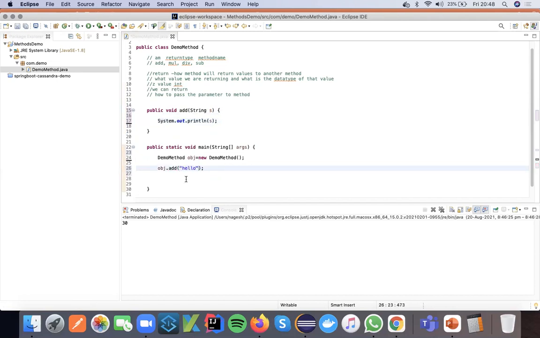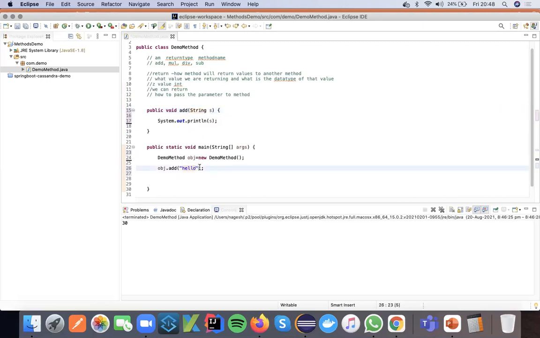As I told you, you can pass any value. Here you are declaring the string, but why are you adding s? What is the use of s? Let me tell you. The s stands for the data type that you are sending.